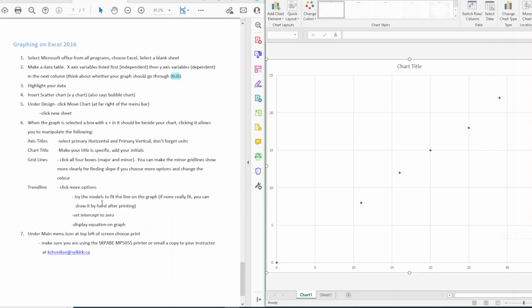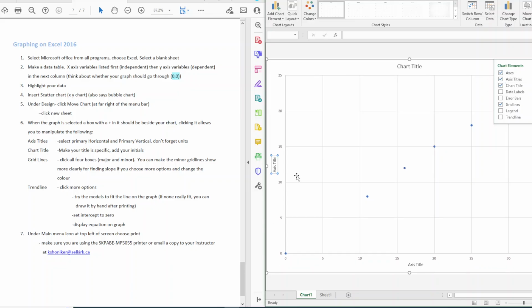Then number 6, this is where the majority of the stuff lies. When the graph is selected, a box with a plus in it should be beside your chart. Clicking it allows you to manipulate the following. So we're going to click this plus. And the first thing we're going to do is click Axes Titles. What that does is allow us to edit these titles and put in there whatever we want. So let's do that as we go. So this one was going to be original speed, because that's the thing I was controlling. The units are meters per second. And then for my y-axis,